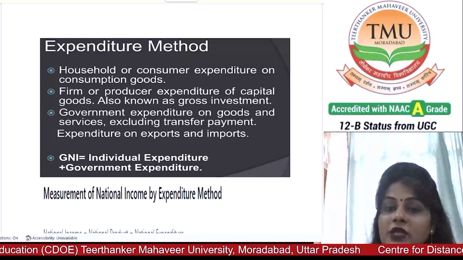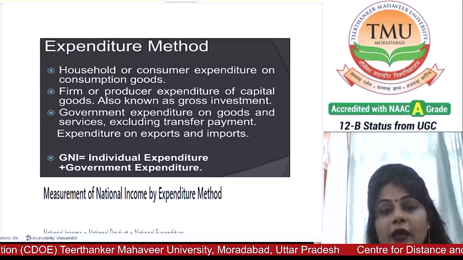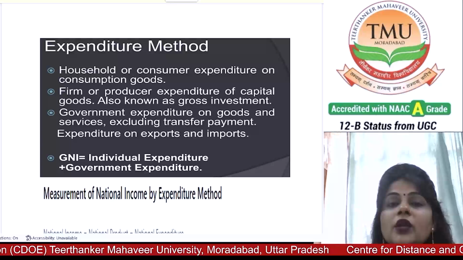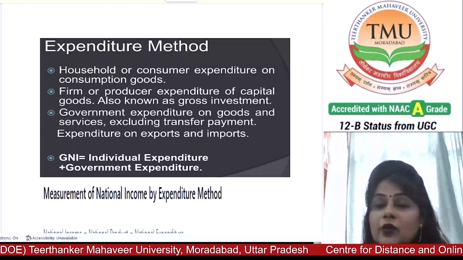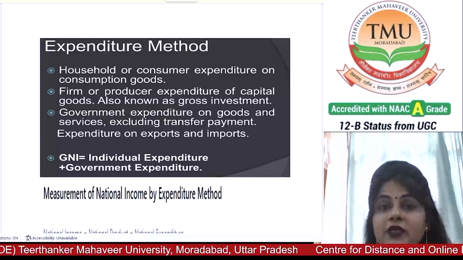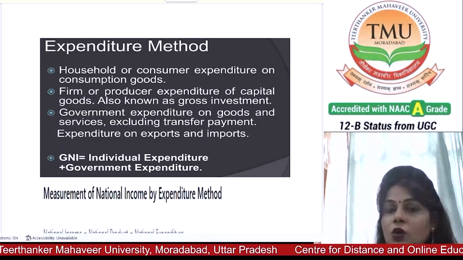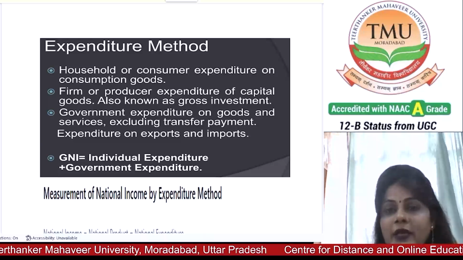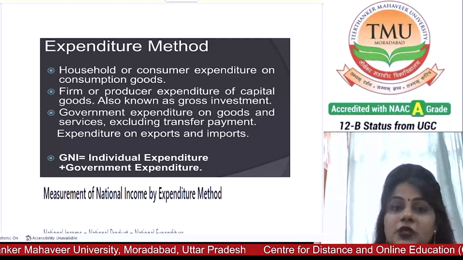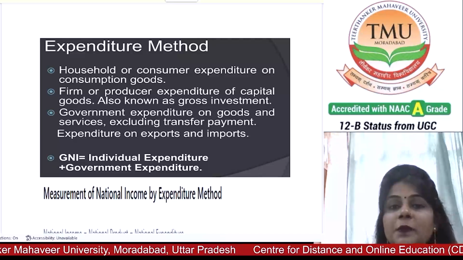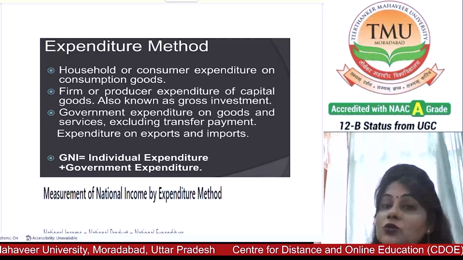And while calculating national income, you need to calculate the net export. Net export is the total export minus total import. Now, while calculating national income using the expenditure approach, you also need to deduct depreciation on the capital assets and indirect taxes. Using the expenditure approach, national income can be represented as national income is equal to C, household consumption,